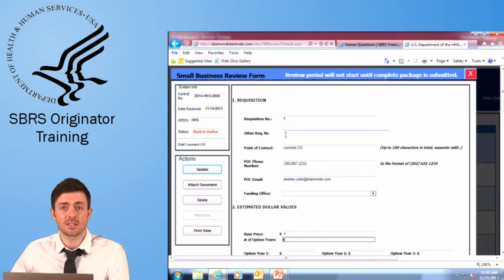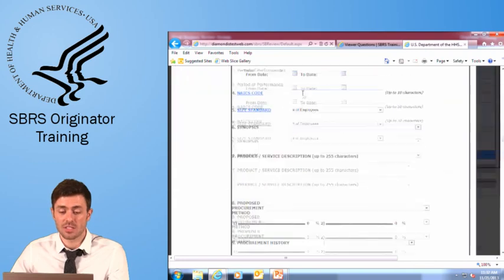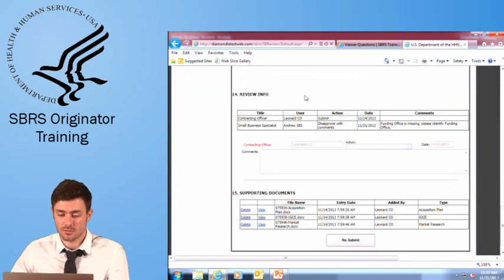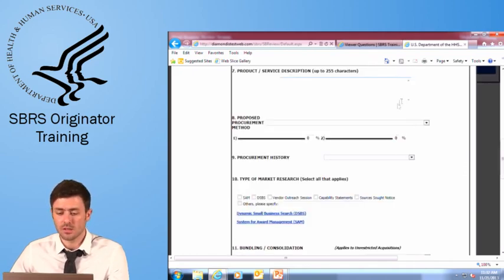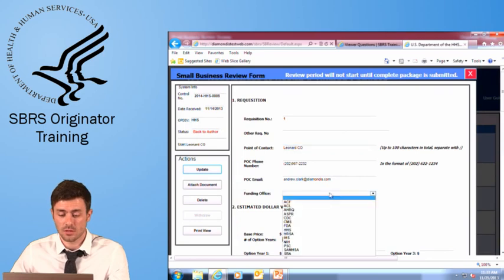Now, as this is your review form, you can make changes to the fields on this page. Before making any changes, scroll down to the bottom to see what comments were added. The small business specialist reviewing my review form has rejected my review form, identifying that funding office is missing and that I need to identify the funding office before I can resubmit the form for approval. So I'm going to scroll to the top of the page, locate the funding office field, select the funding office,